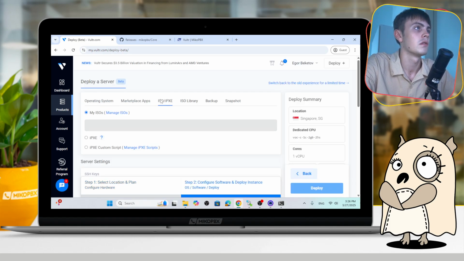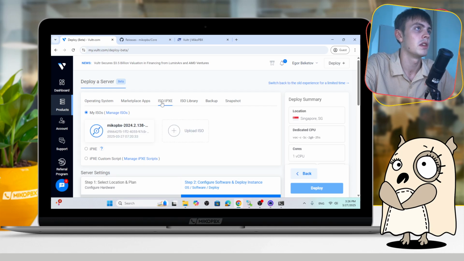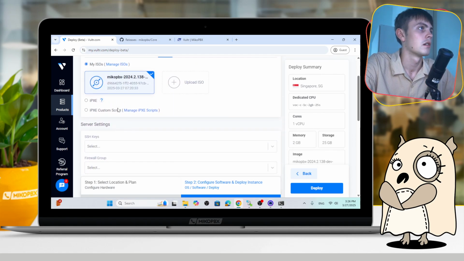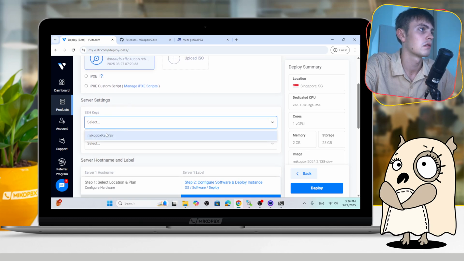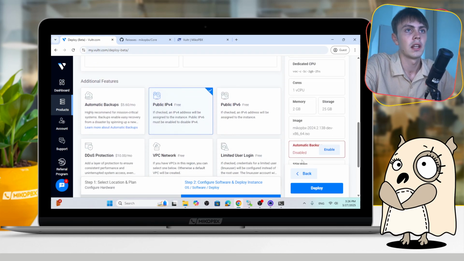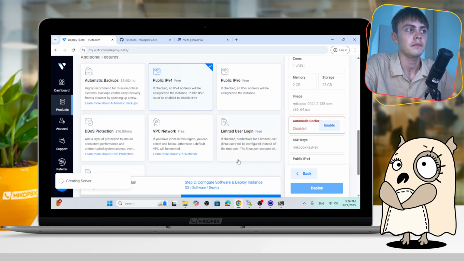Here go to the ISO/iPXE section and choose the ISO which we uploaded before. Then go to the server settings section, and here choose the SSH key pair which we uploaded before too. And after that click Deploy, and